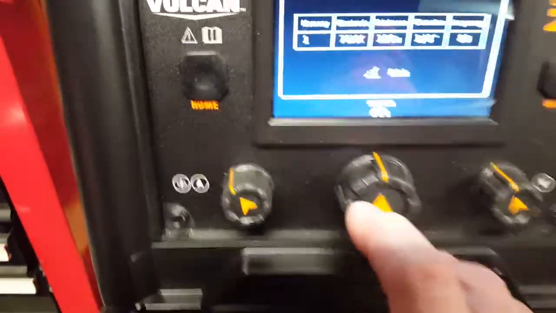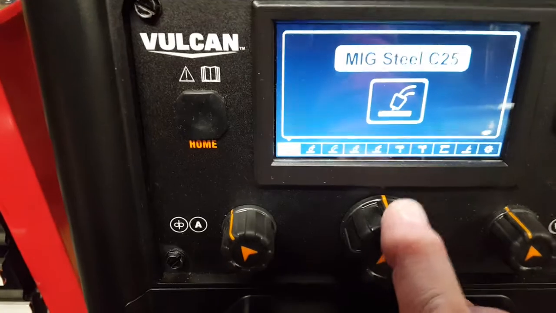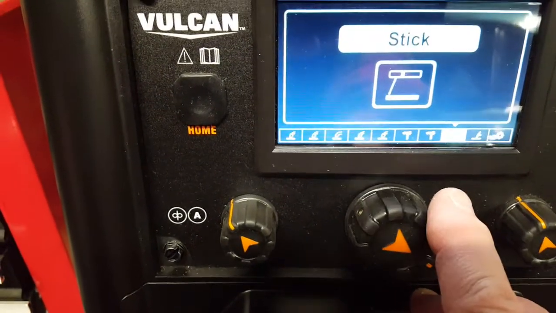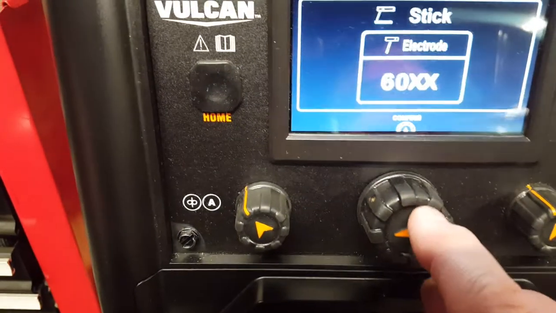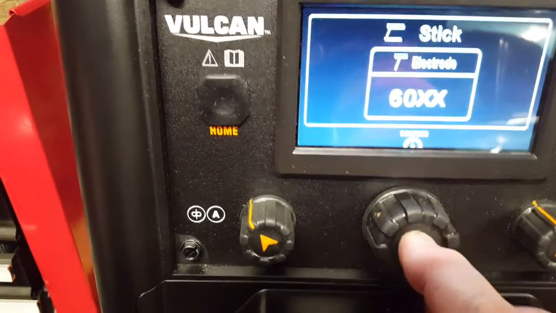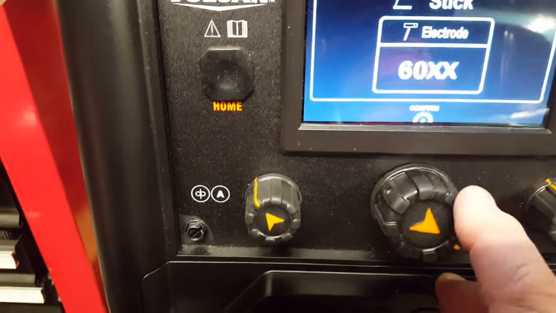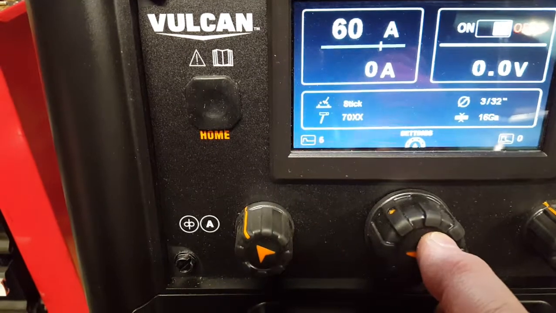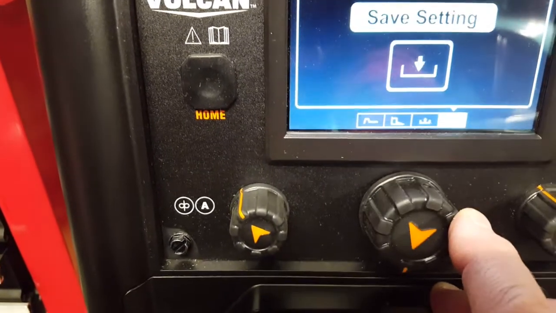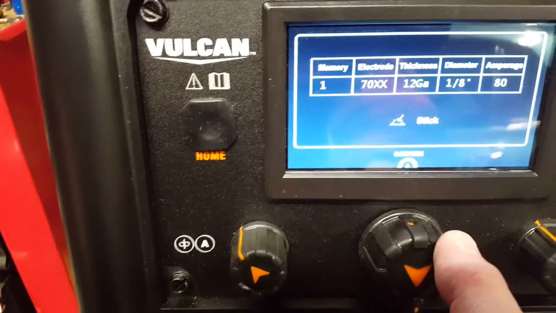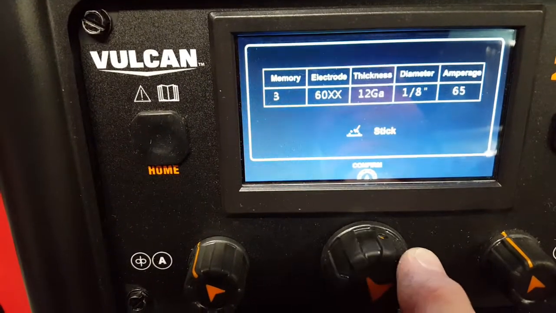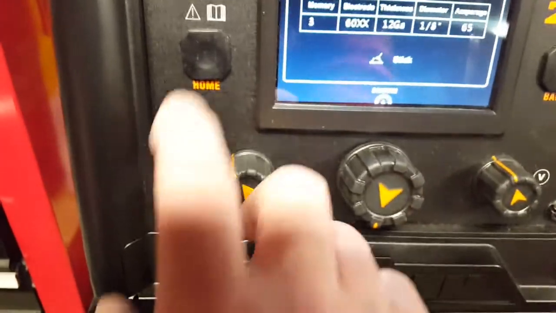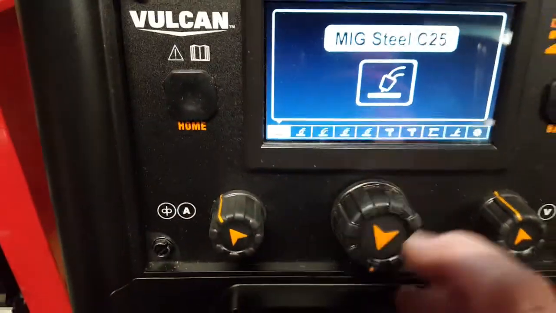It is saved in the memory, but you have to go to your process, hit it, find what you, and it doesn't even matter if you change it. You just have to go through all these steps, and then you go to recall settings. Settings that I saved. So I'm going to run this through one more time, just so you go back to